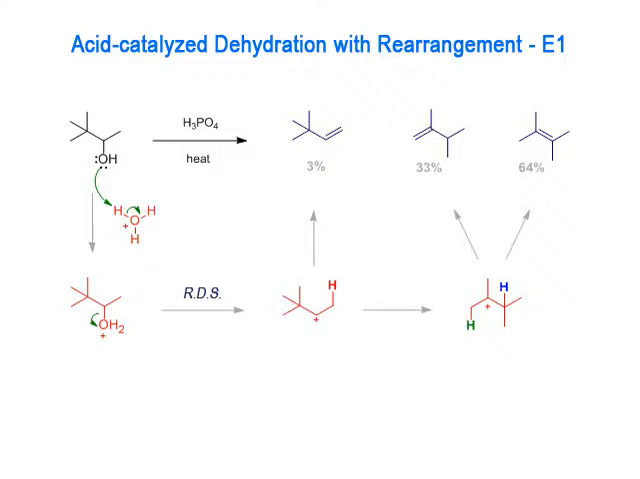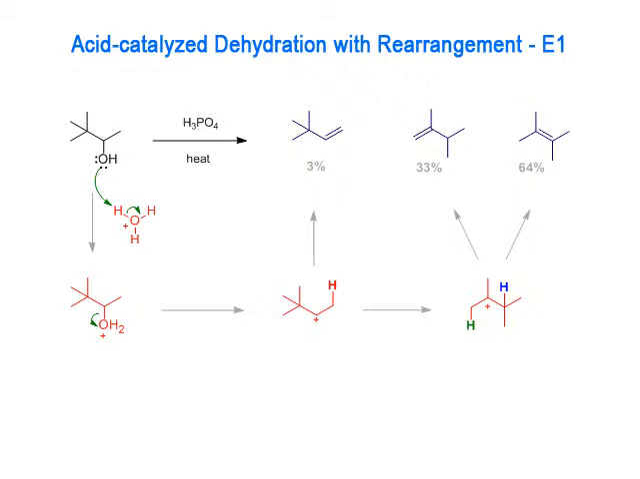The water-leaving group then breaks off, in this case to produce a secondary cation. And if the secondary cation undergoes intermolecular deprotonation, we get the minor product without rearrangement. However, since the secondary cation could be better as a tertiary cation, we see that a fast intramolecular rearrangement occurs in which one of the alkyl groups moves from the tertiary carbon to the secondary carbon, and this produces a